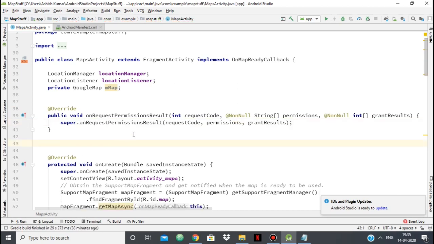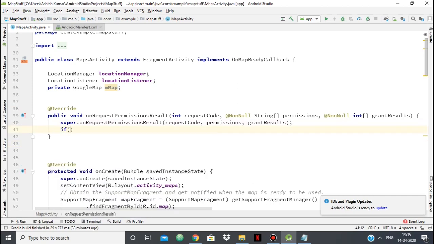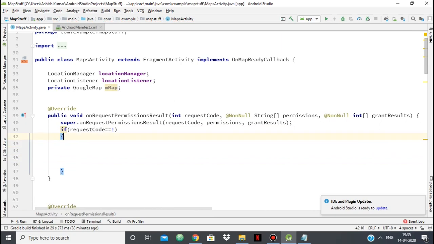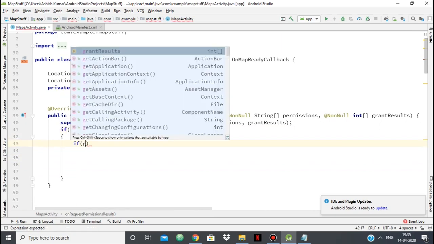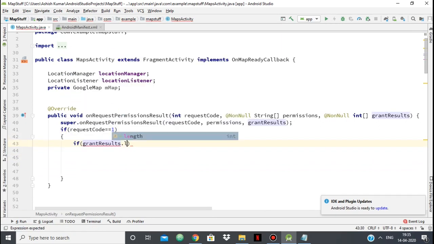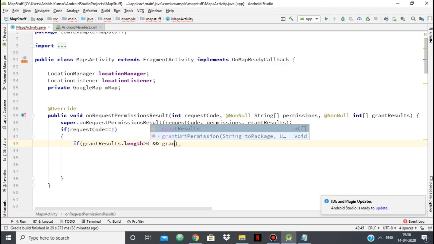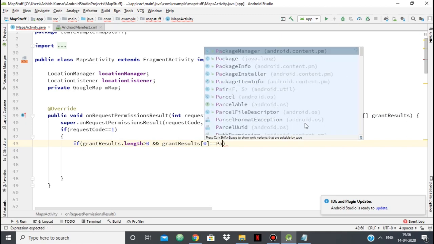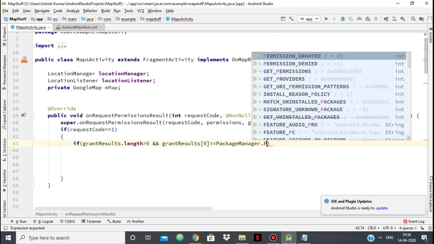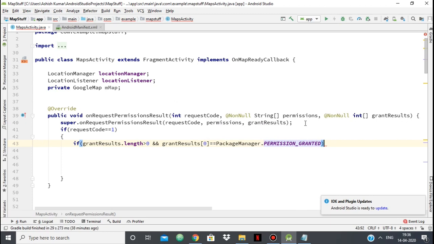So here we need to check for the permission what happens. So if request code is 1, which is here, request code is 1, then we need to say what happened. So if grantResults.length is greater than 0, and grantResults[0] is equal to PackageManager.PERMISSION_GRANTED. So basically a way of saying if the permission is granted,